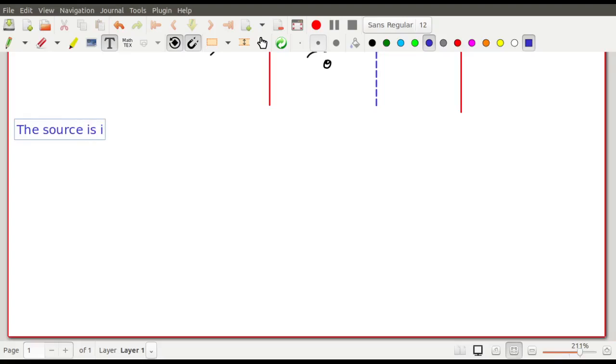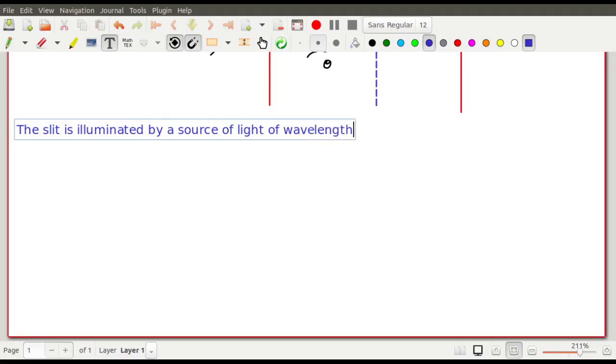The source is illuminated by a source. Source na, the slit hobe. The slit is illuminated by a source of light of wavelength lambda. And